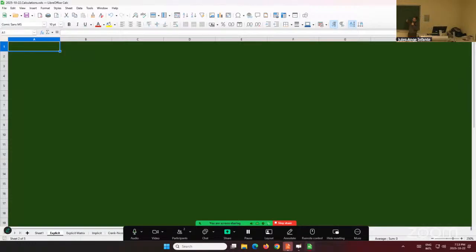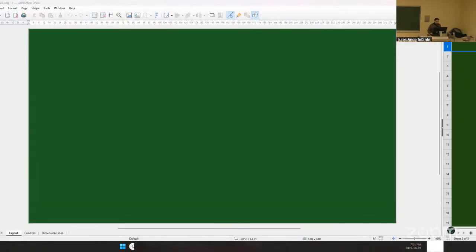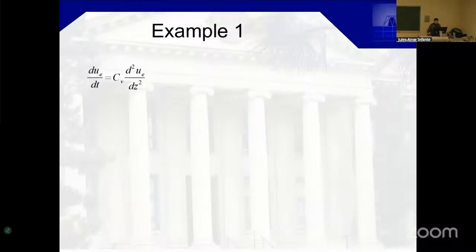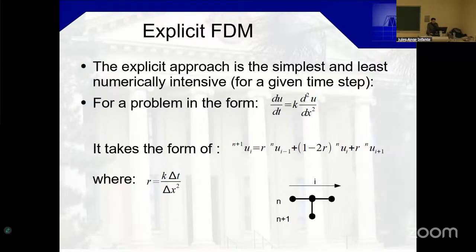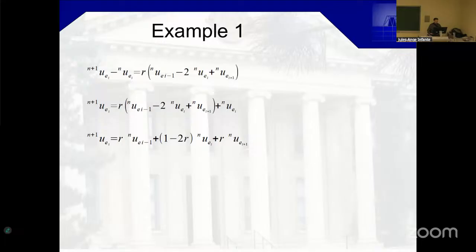Yes, we could put the time in columns or we could put it in rows. Won't really matter one way or the other. And let's look at how we would do it. So how does the explicit method look like? We're looking at the explicit method and we said that it looks like